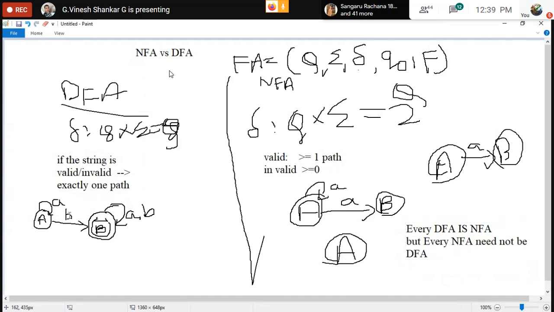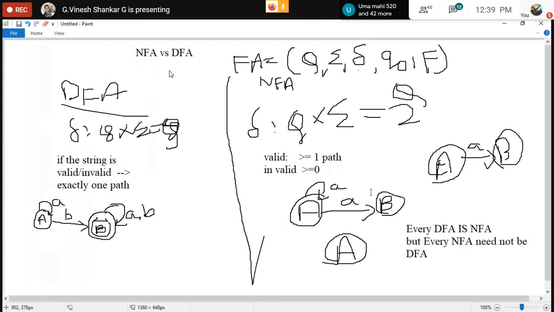So you can say, sir, this is DFA, yes, DFA. This is NFA, yes, NFA. Every DFA is NFA, but every NFA may not be DFA. See here, we're having more than one path. Is this a DFA? Yes, DFA, fine. Is this NFA? Yes, NFA. Because only one path exists between A to B with respect to A. With respect to input symbol A, we are having only one path, so this is DFA. Every DFA is NFA, that's why this DFA is also NFA.